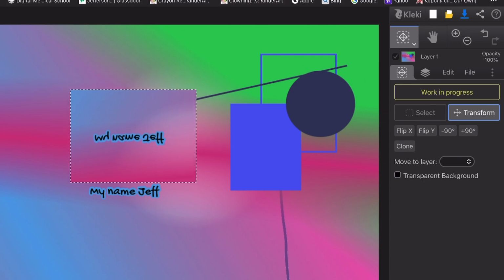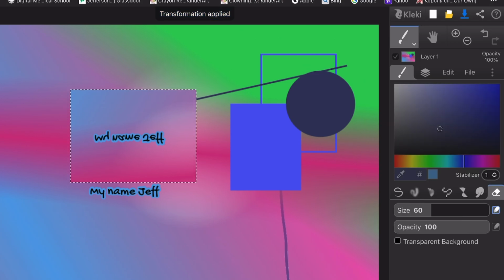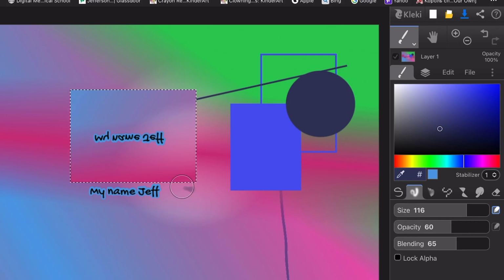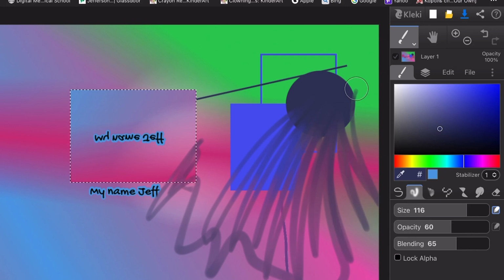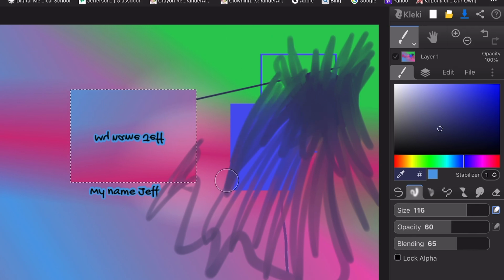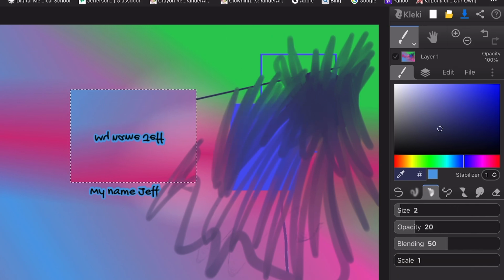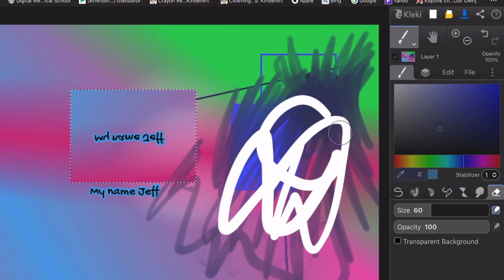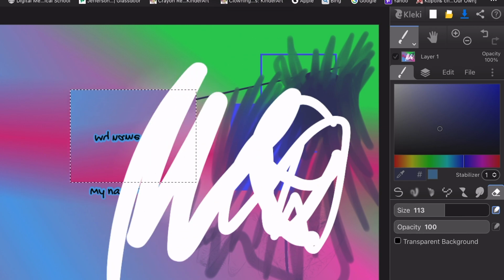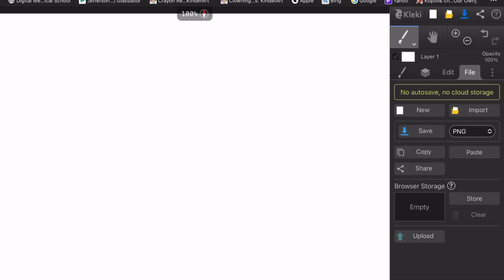You can also move it to layers, but that's not what we have right now. So I've been mentioning it, I might as well talk about layers. Back over this way, I didn't mention it beforehand: there is a bunch of different tools at the very start that I would just play around with. They all do different things. More importantly, the actual eraser is at the very end of this, and you can also change the size of that. Anyway, I'm going to start a new one just so we have a fresh slate